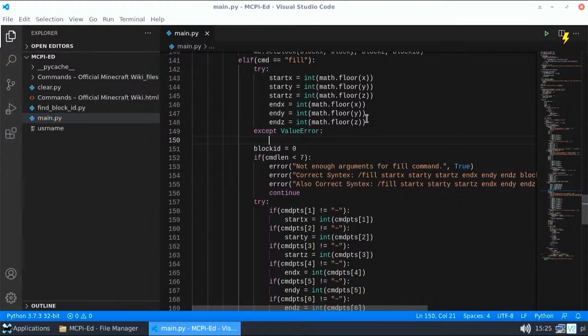And the way we'll handle that is by doing our error string. We'll do start and end coordinates must be